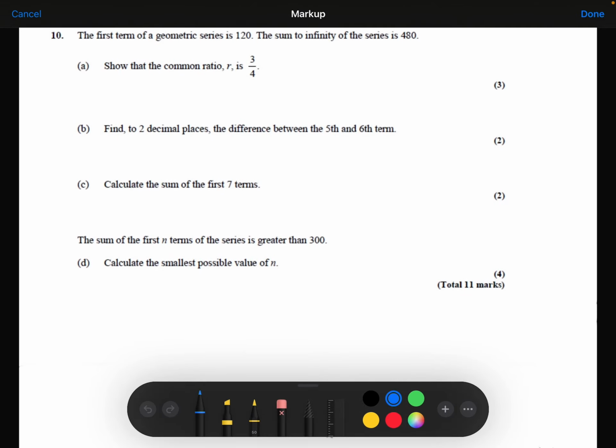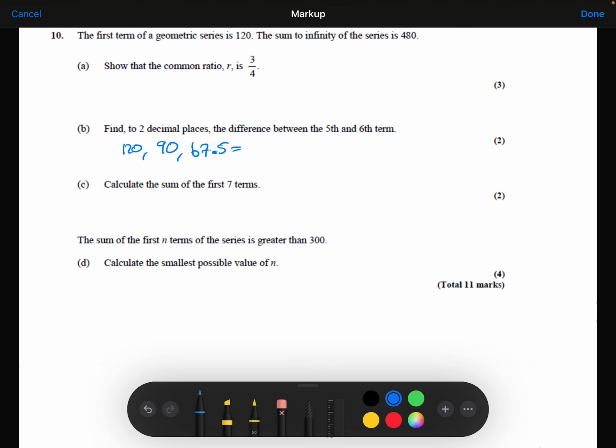Part B. Find to two decimal places the difference between the 5th term and the 6th term. Right, let's work out what the 5th and 6th term would be. The first term we know is 120. The second term is going to be 120 multiplied by my common ratio of 3/4. So 120 times 3/4 is 90, which I will now multiply by 3/4 again to get the third term,